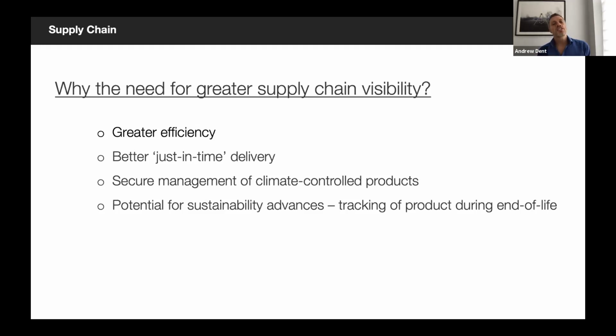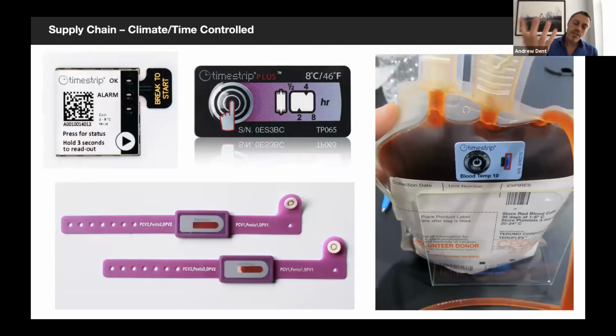And then also sustainability. There is an interest to try and track everything continually. So for end of life, there's the ability to then see where it's come from and where it can go. Time strips are a great example, whether it's for blood management, whether it is for the little strap at the bottom, for the mother, to ensure that the mother is actually...